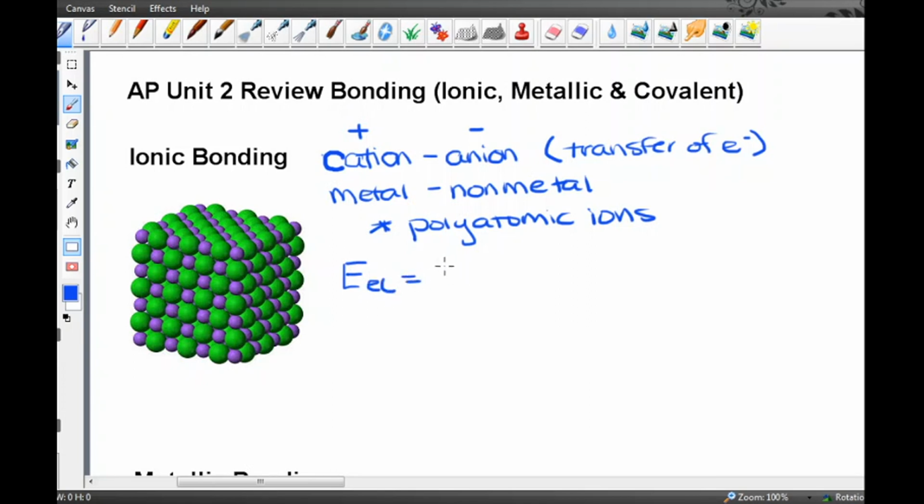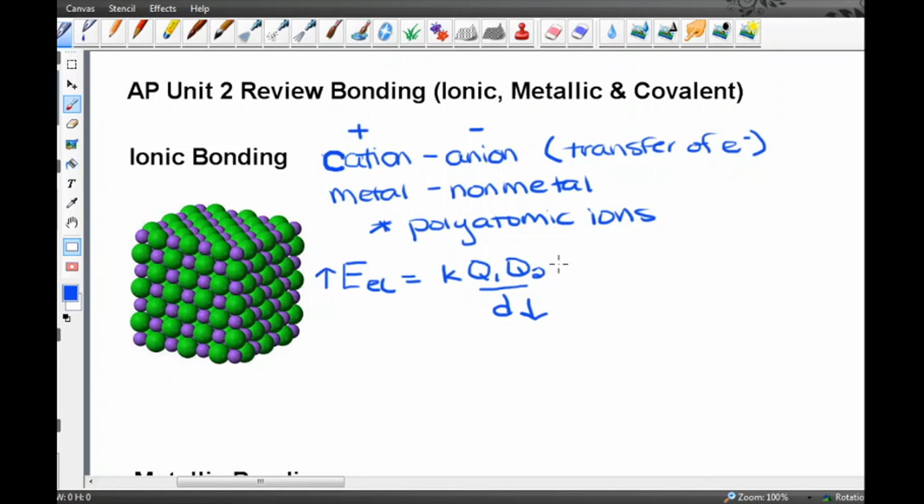Electrostatic potential energy. Constant, charge number 1, charge number 2, divided by the distance between those charges. So remember, when you have small radii, really small distance between those charges, you're going to have bigger electrostatic potential